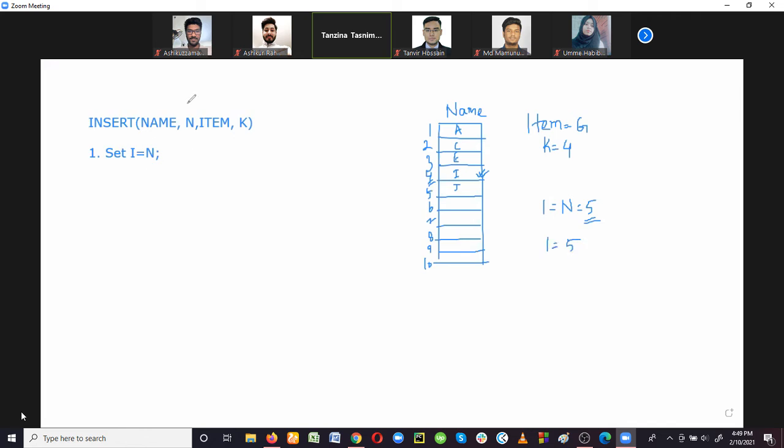Now we have to set a condition here. So what should be the condition? We can write: repeat steps 3 and 4 while I